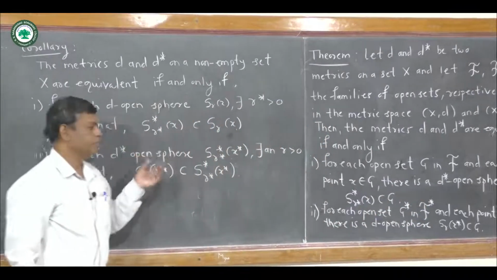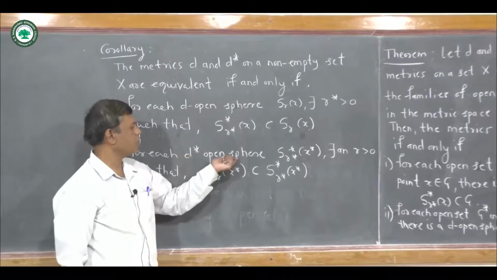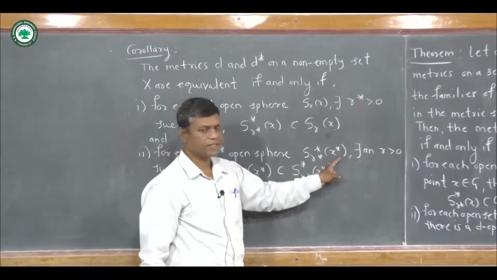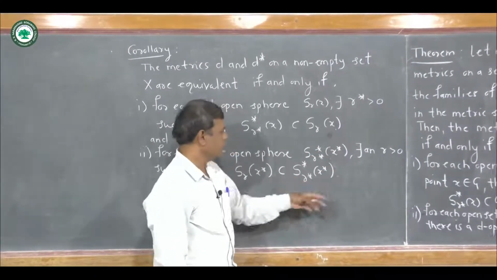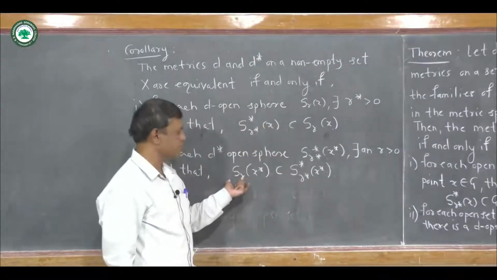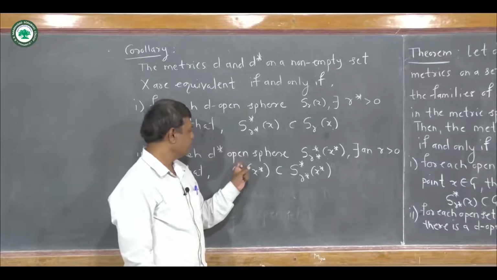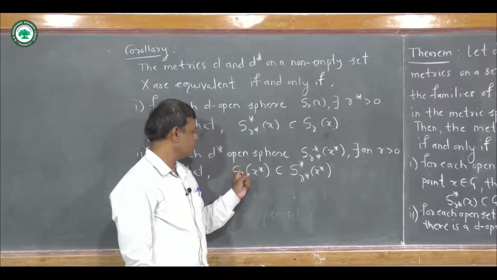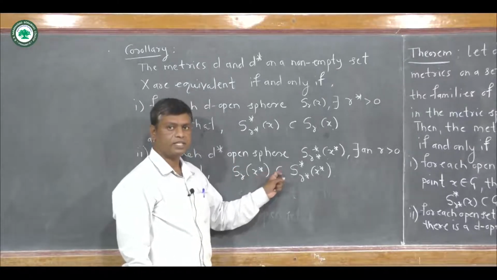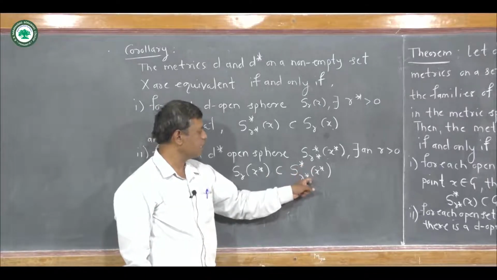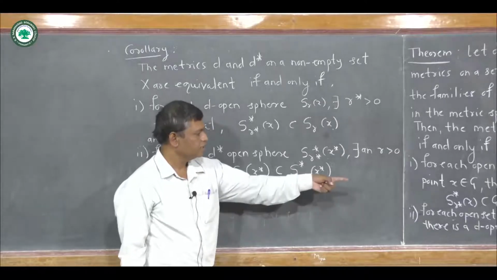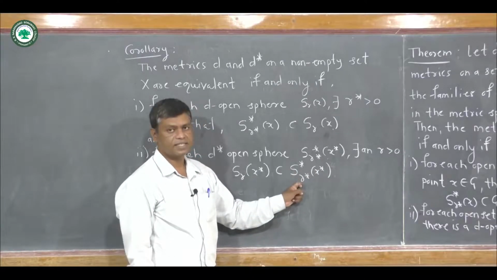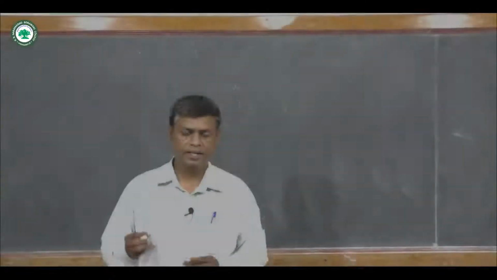Now here in place of G we have D star, open sphere S star, R star, X star. Now we know that an open sphere is an open set, so using this we can write this statement also, that is, we write here open sphere S R X. Now this is contained in the open sphere S star, R star, X star. Now this is an open set in the metric space X, D star. Then the next theorem is that